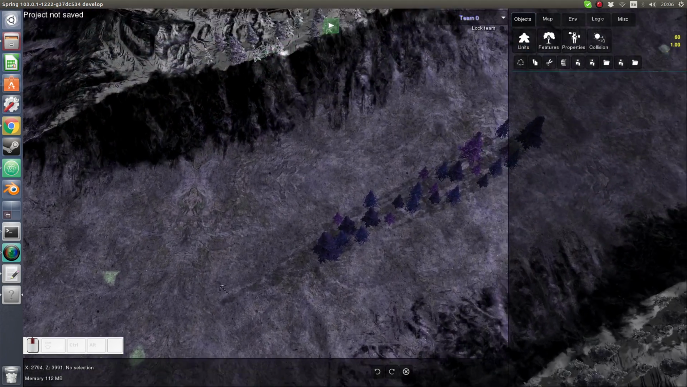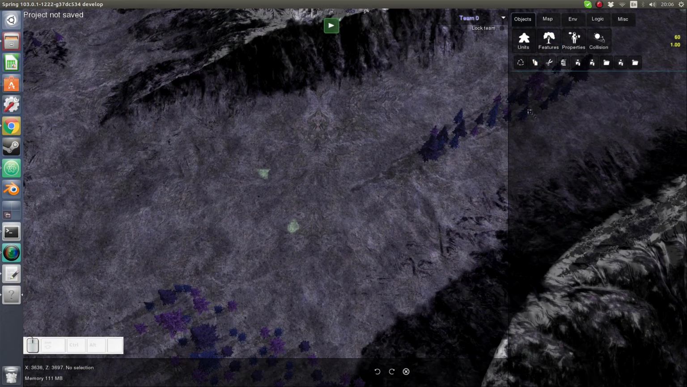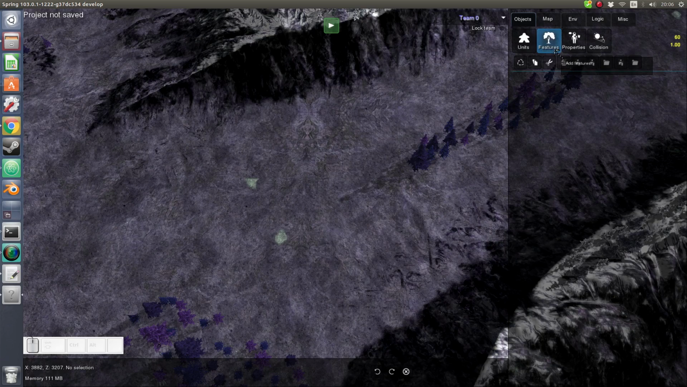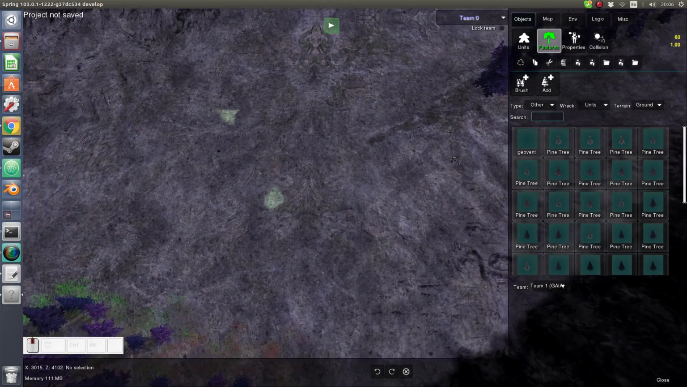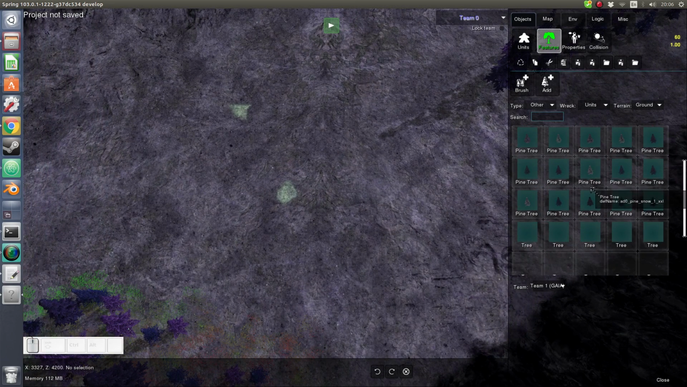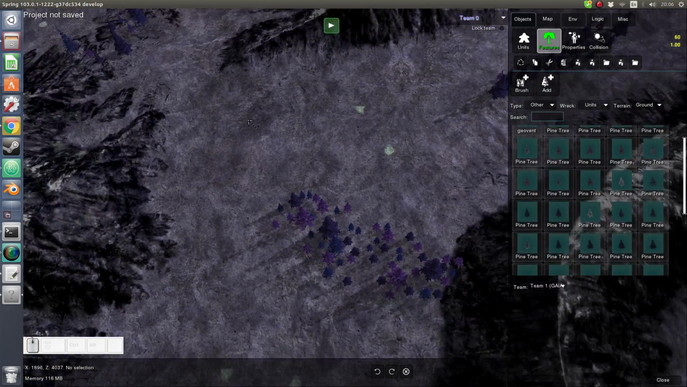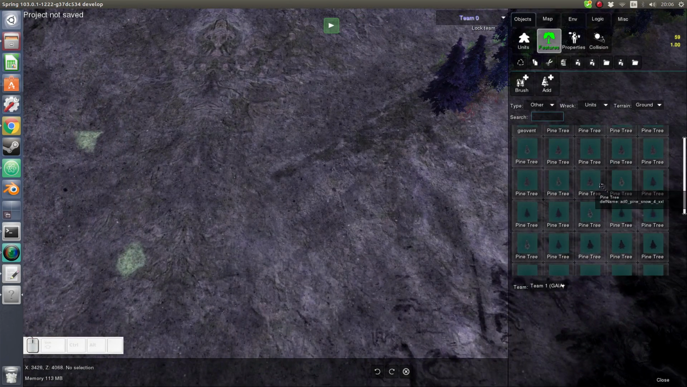So this is a basic SpringBoard. There are no units, as this is not a game yet. This is just a map. And we're going to look at the feature editing for now. So here we can see the list of features that exist with this map. These are basically these trees that you can see all around. If we want to add these trees, we can click,